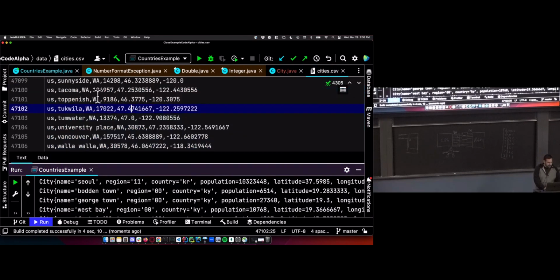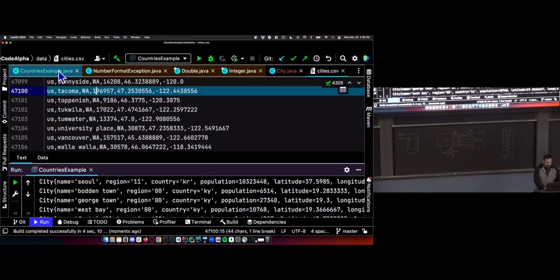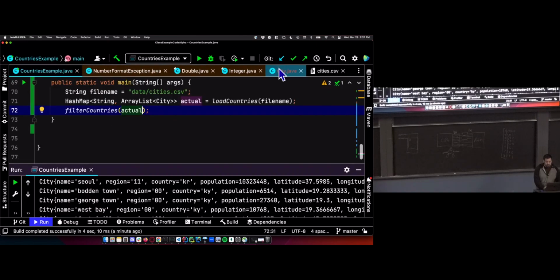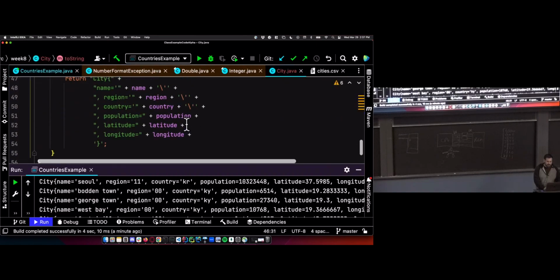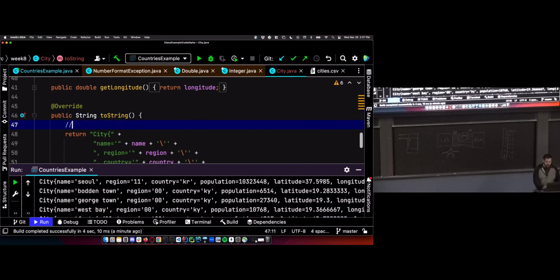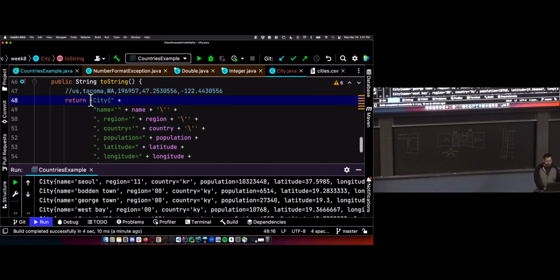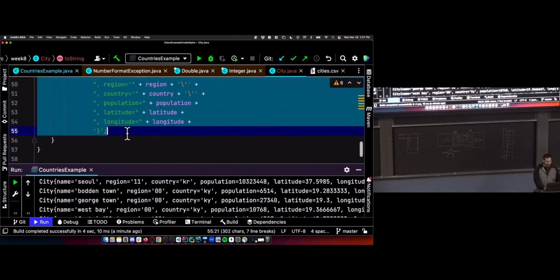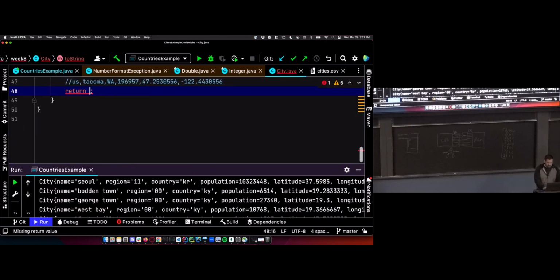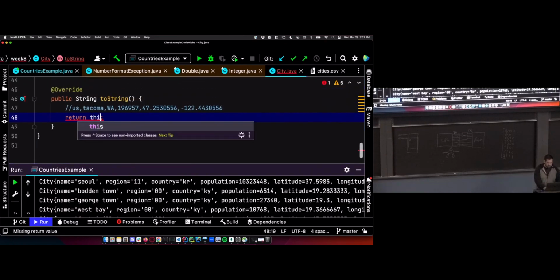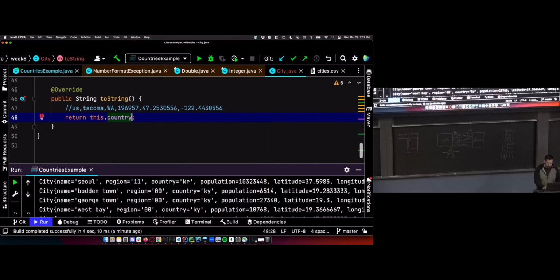So we'll pick on Tacoma here. What I want to do to make my life easier is rewrite this toString method to print out cities in the same format as they appear in the file. So again, just like reading the file, when I'm writing contents for a file, I want to paste the format that I expect and then rewrite this to be in that format. So country code is first, this dot country,